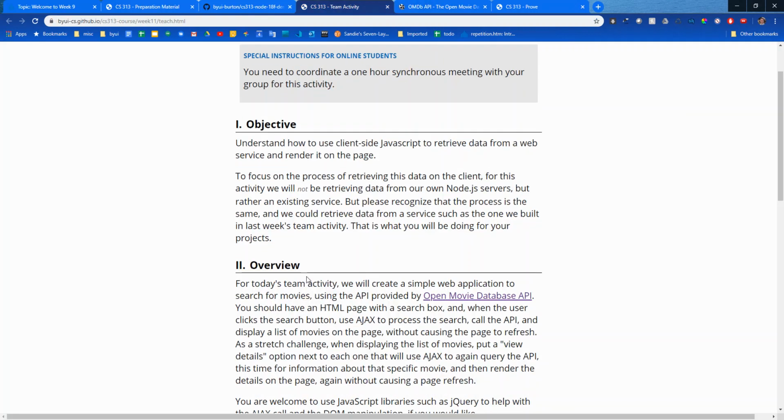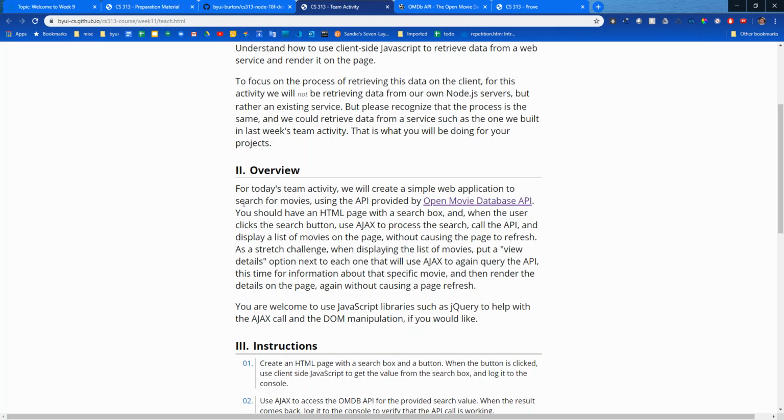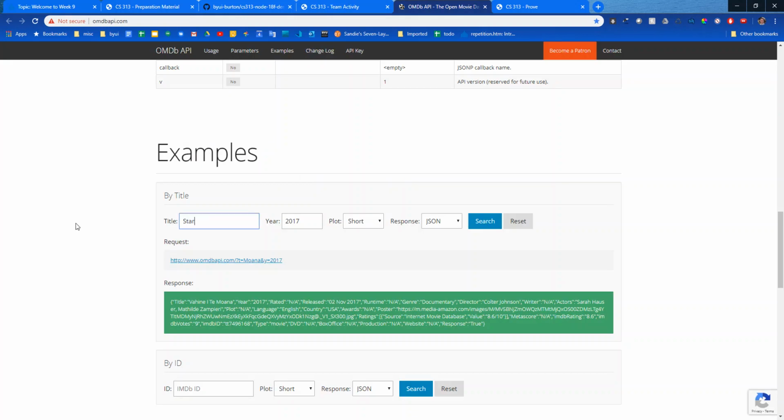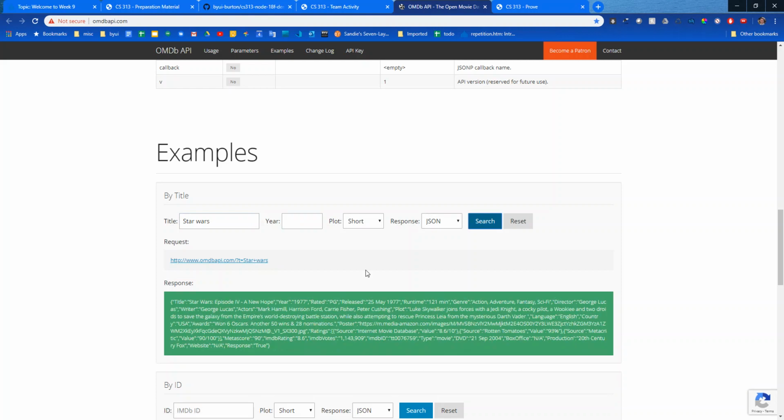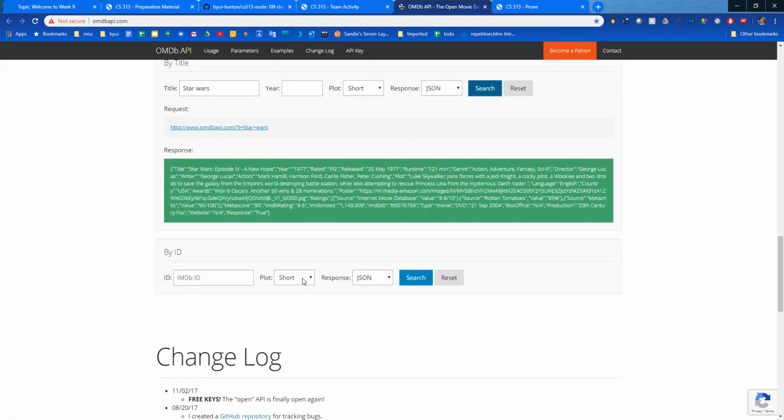It says that you will need a simple web application to search for movies, an HTML page with a search box, and when the user clicks the search button, use Ajax to process the search. So this should be pretty simple. All you need is a search box, nothing else. But you should display a list of the movies on the page without causing the page to refresh. So if I just typed in Star Wars and remove that, let's see what we get. There's quite a bit of data that comes up here,